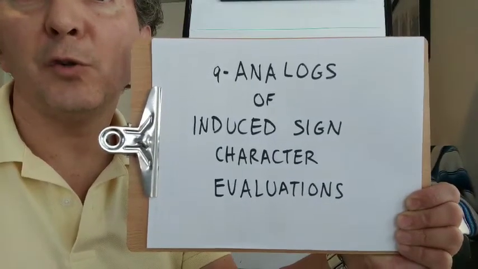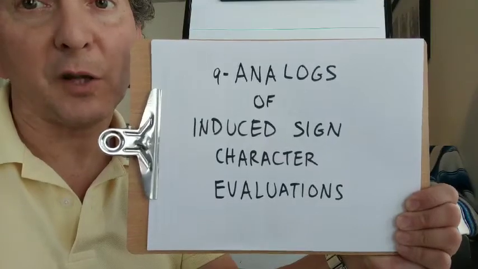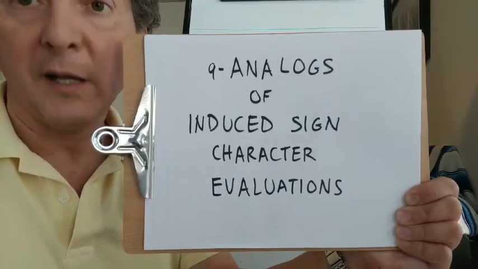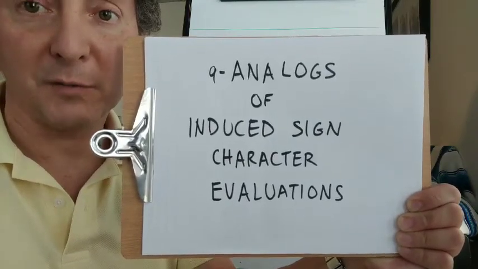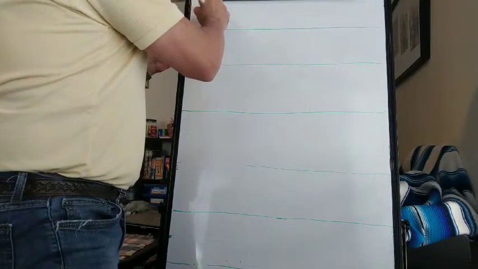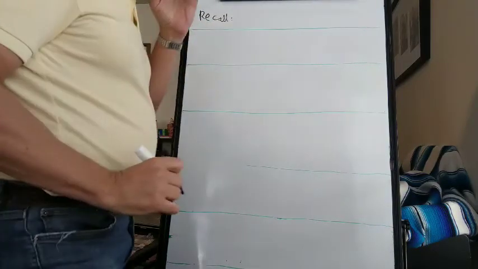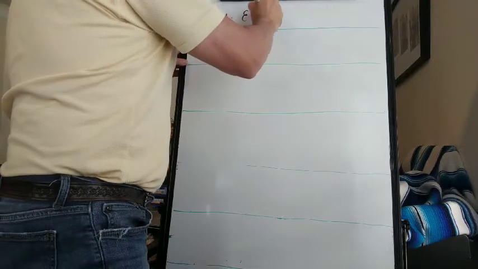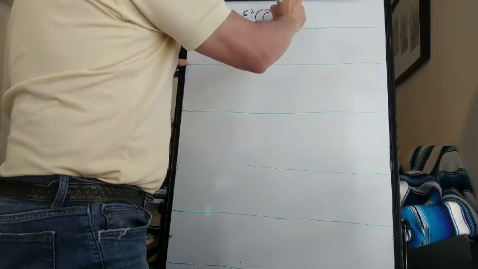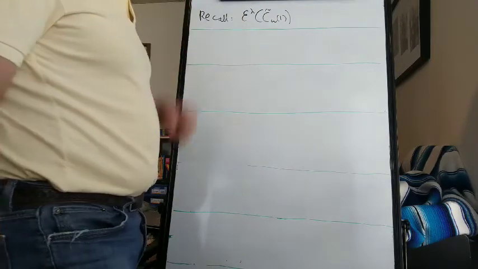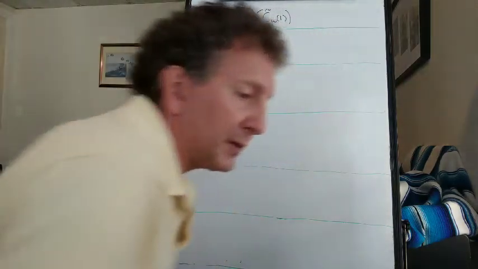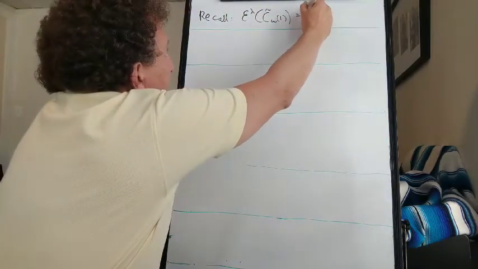We've evaluated induced sign characters at Kazhdan-Lusztig basis elements of the symmetric group algebra. Now let's evaluate their q-analogs at Kazhdan-Lusztig basis elements of the Hecke algebra. So recall that if we want to evaluate the induced sign character indexed by lambda at a Kazhdan-Lusztig basis element of the symmetric group algebra, this is the number of